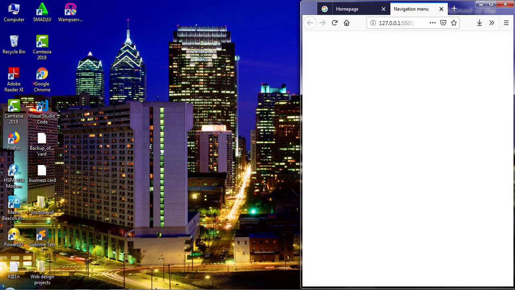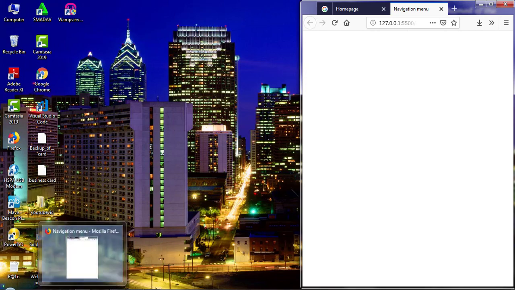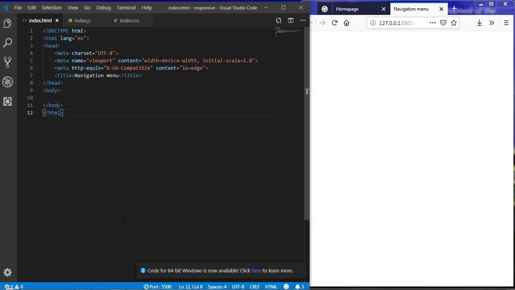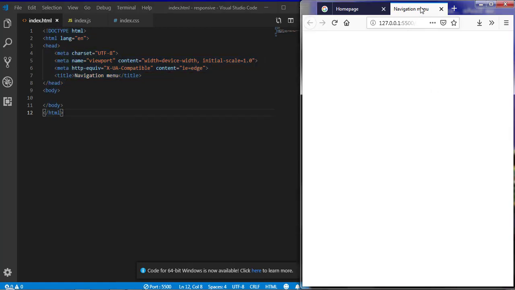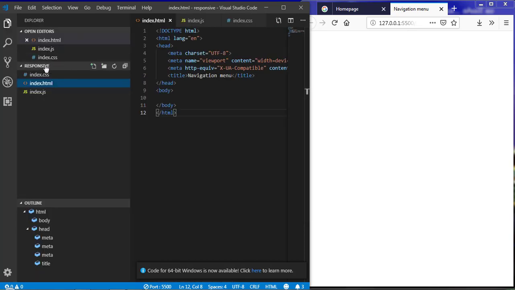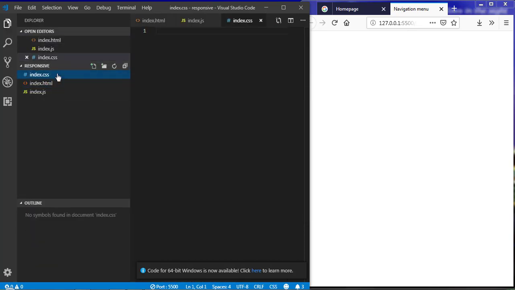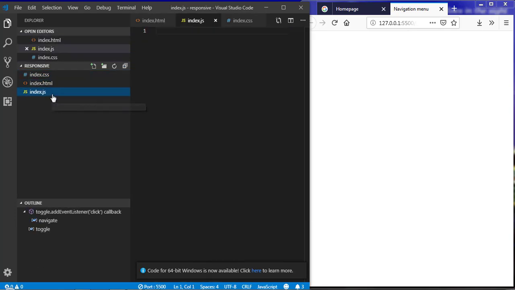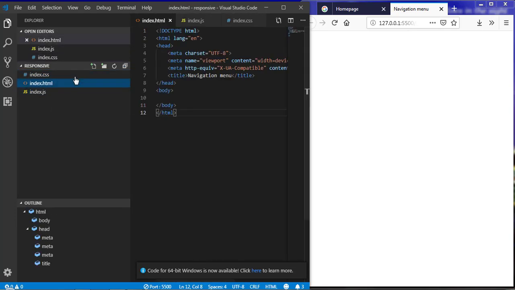I'm going to open my Visual Studio, and we already have an empty HTML tag with some normal format, and here I've already opened it with live server. Here you can see I have a folder of responsive, and I have my CSS file and my JavaScript file. I've not linked them yet. So first thing we need to do is to create our